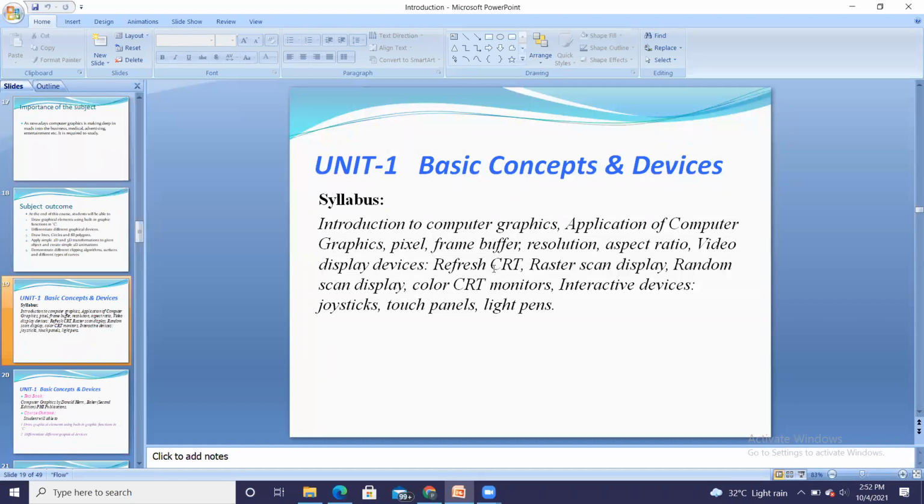You will be using CRT, or you may have learned it earlier in first year, cathode ray tube. Then raster scan display, random scan display, color CRT monitors, interactive devices such as joysticks, touch panels, and light pens. So this is our syllabus of the first unit.